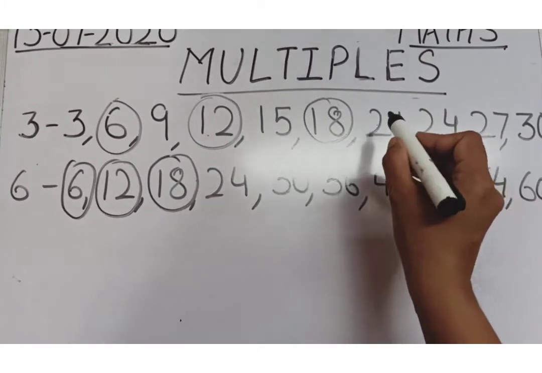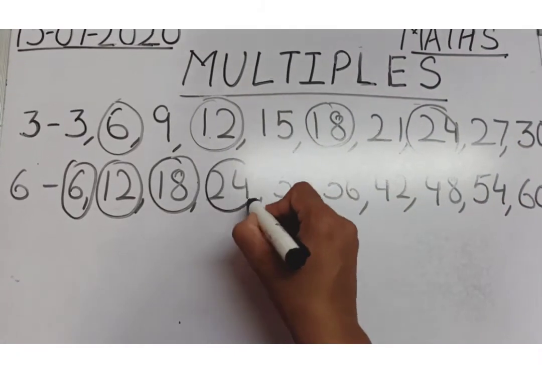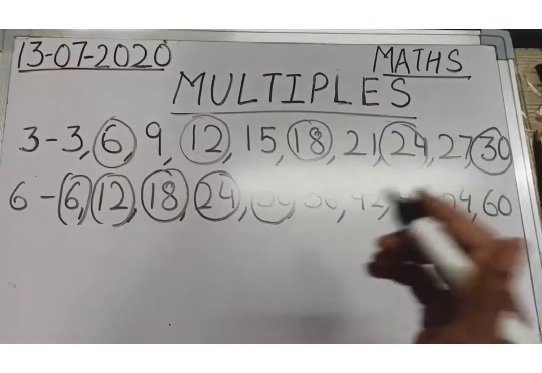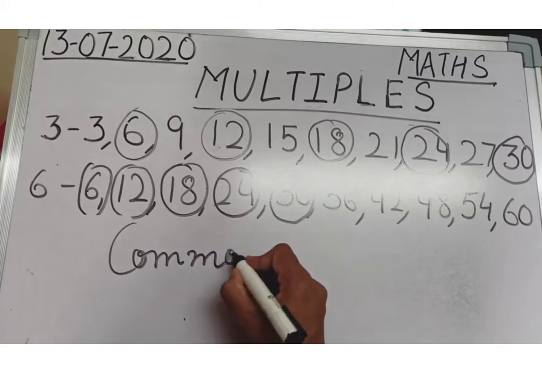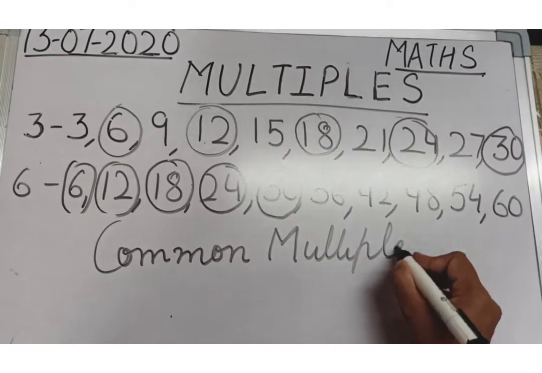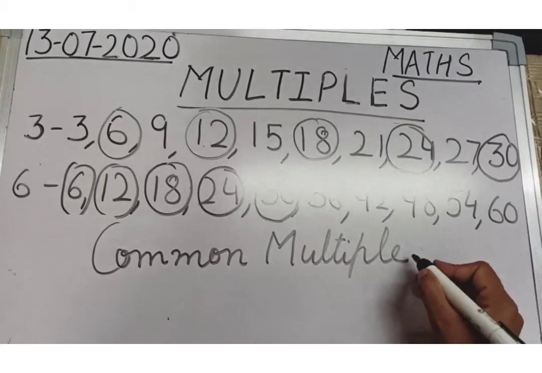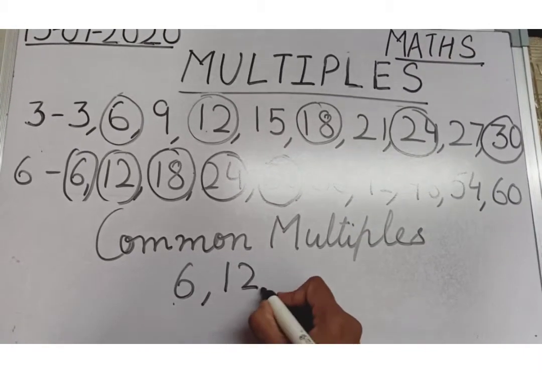Then coming ahead, 24 is there in both the tables, and the next number is 30. Common multiples. So if you have to tell me which are the common multiples, you will say 6, 12,